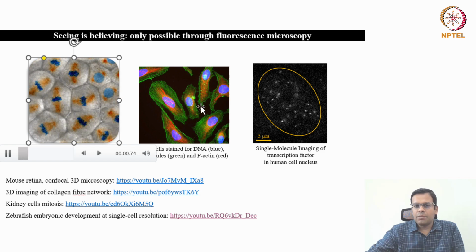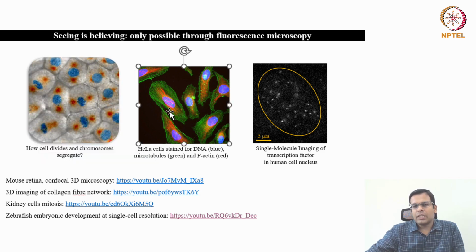In this image, you can see three different structures are stained in three different colors. So let's say the nuclei are stained in blue color. The microtubules, which are proteins, are labeled in green color, and the F actin, which is again a protein, is labeled in red color. So using a fluorescence microscope, you can see the co-localization between the proteins and the cell organelles, or you can visualize the different proteins and cell organelles by different staining techniques that we are going to study in one of the next classes.